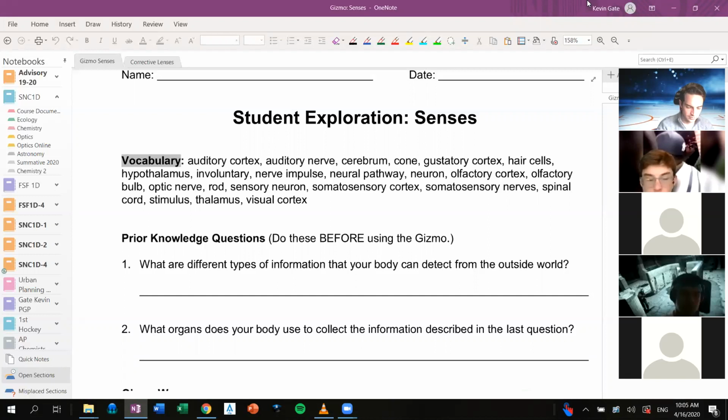Like vision, like when you look at things. Sure. Yeah. Texture. Smell. There we go. Yeah, for sure. Sound. Anything else? It's a pretty good list, guys. Yeah, so for sure, there's a bunch of different types of information that your body can detect from the outside